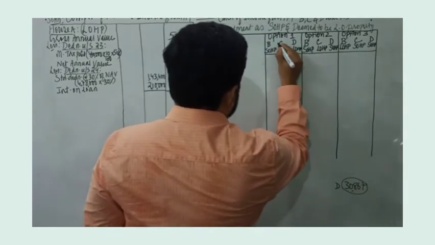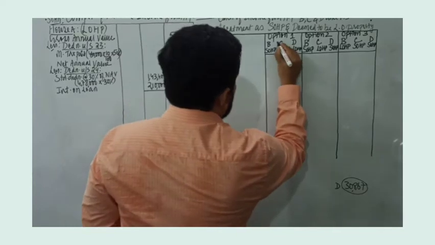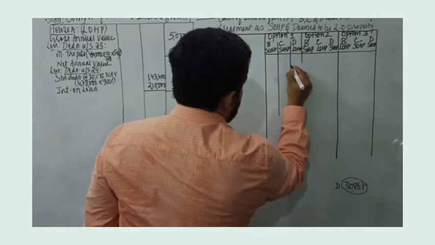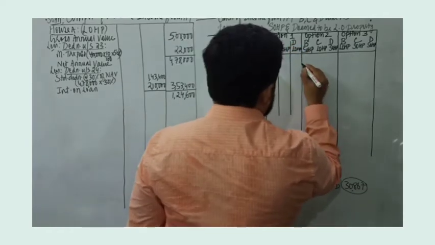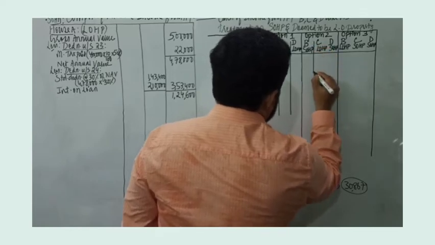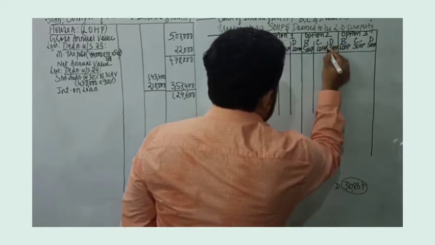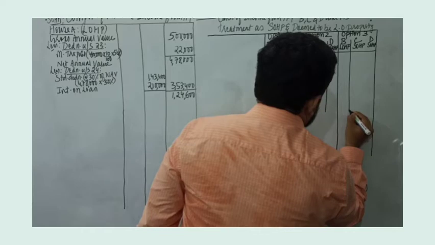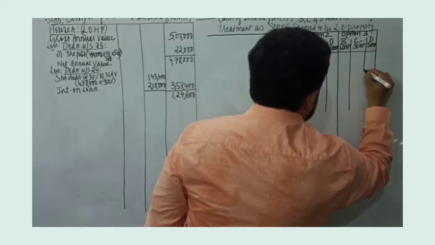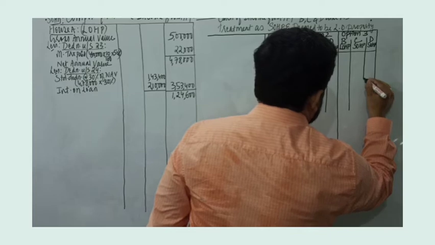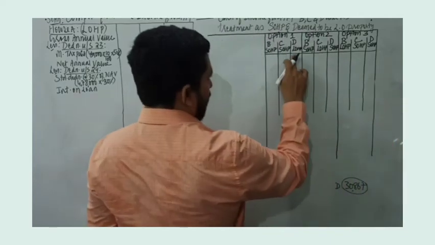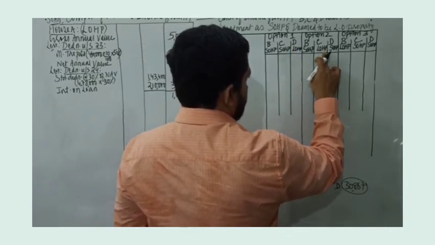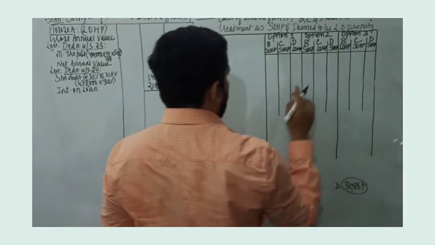So let's look at the numbers. Now we need to create 3 amount columns over here under option 1, option 2 as well as option 3. So I'll just divide the column, because any 2 houses can be taken as self-occupied. So one house will be treated as let out. In option 1, I am taking house D as let out. In option 2, I am taking house C as let out. And in option 3, I am taking house B as let out.